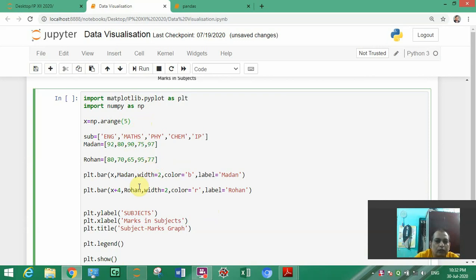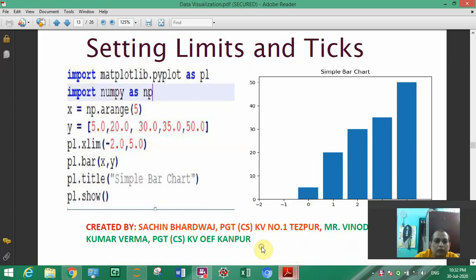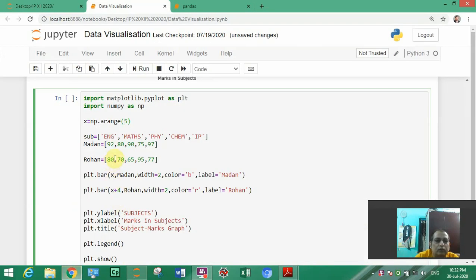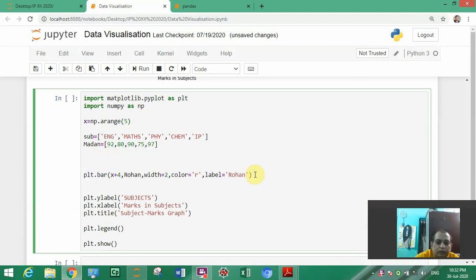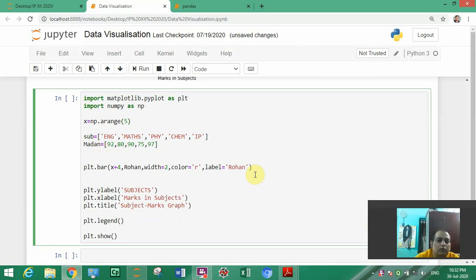What we are going to do, we are going to create x limit and marks for only one student. So marks is there, subject is there, so this one we don't want, these two lines we will delete, and label you keep like this.